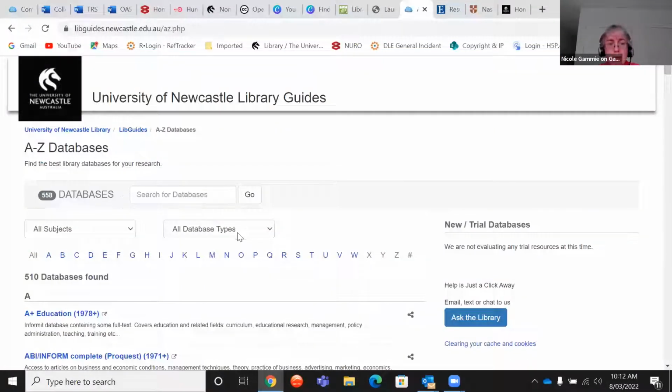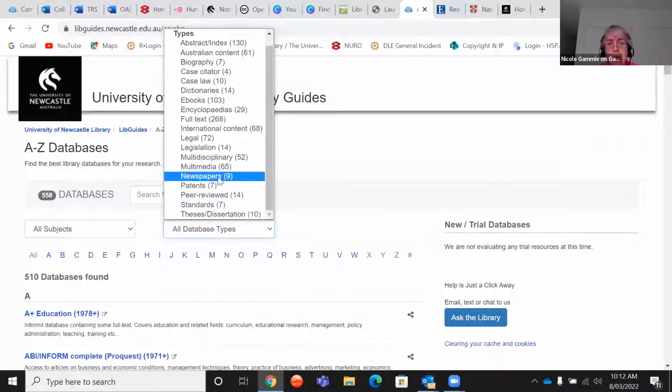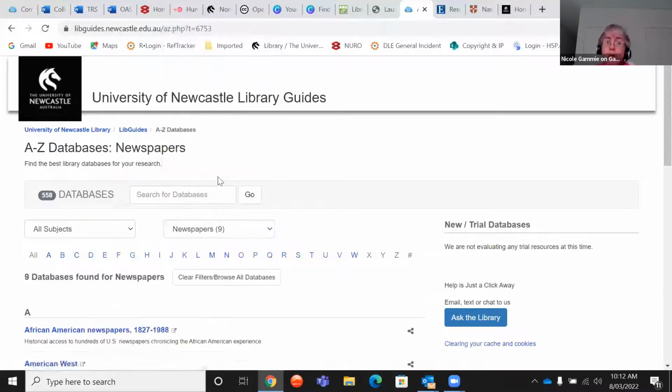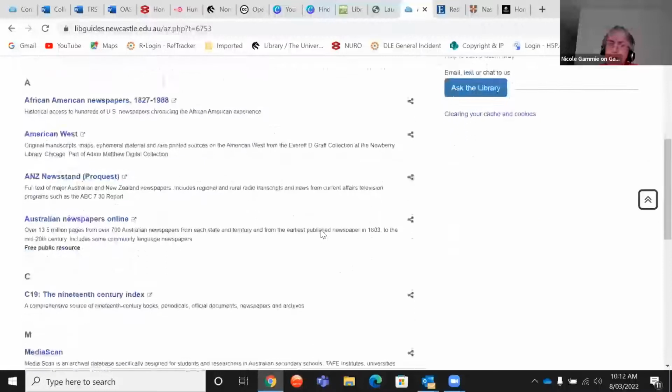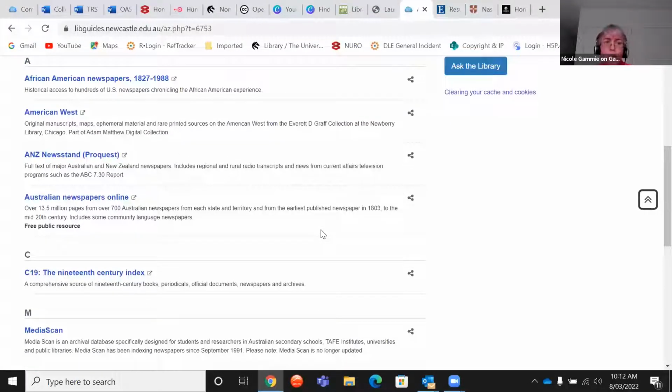Then if I come up here and have a look under the databases here, what you'll see is there's a newspaper one. So if I click on that, that will just pick up the 9 databases that we have that actually contain newspapers. So we're after Australian ones. Okay, yes. So if I scroll down a little bit, we've got ANZ Newsstand,